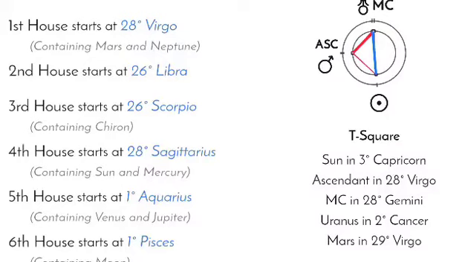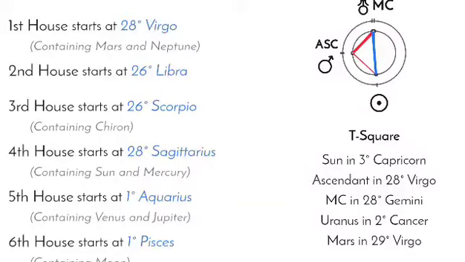So as you can see for Sissy Spacek, you want to take a look first and foremost at where these planets are in your houses. So when you look at your T square energy, you want to see what houses these planets are falling under. For the actor Sissy Spacek, when it comes to the first through sixth house, she does have her T square energy affecting and afflicting her first house as well as her fourth house.